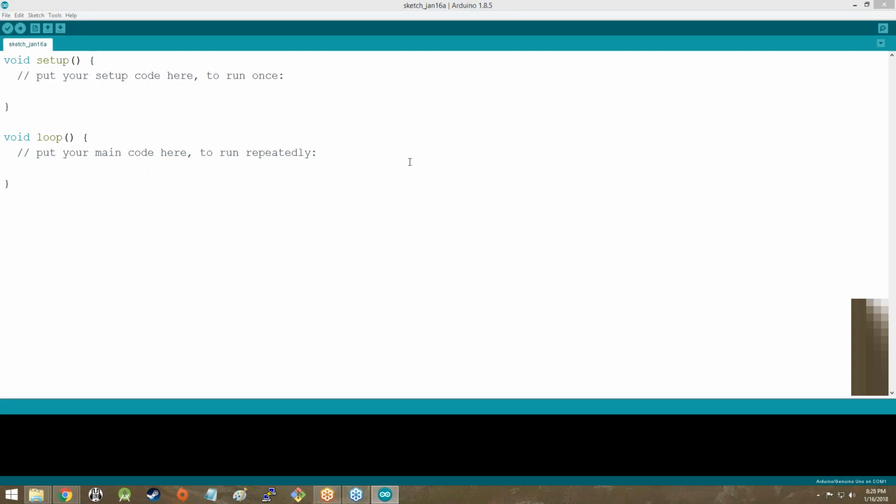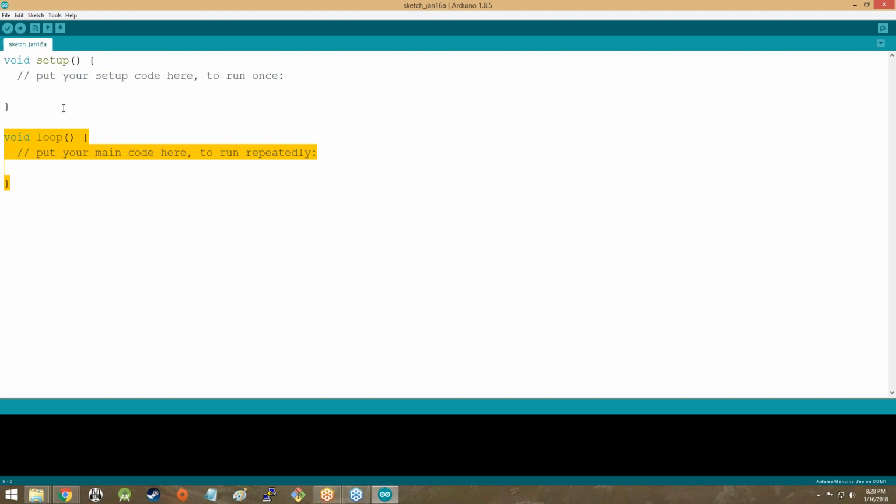Okay, there we go. Now again, as a reminder, here's our void setup and our void loop. We have to make sure these are in here, otherwise our program doesn't really run very well. In fact, it won't run at all. It'll yell at us, say that everything's all wrong, and that we need to fix everything. So we try to avoid the Arduino yelling at us because it uses mean words and it makes me feel very sad. Anyway,